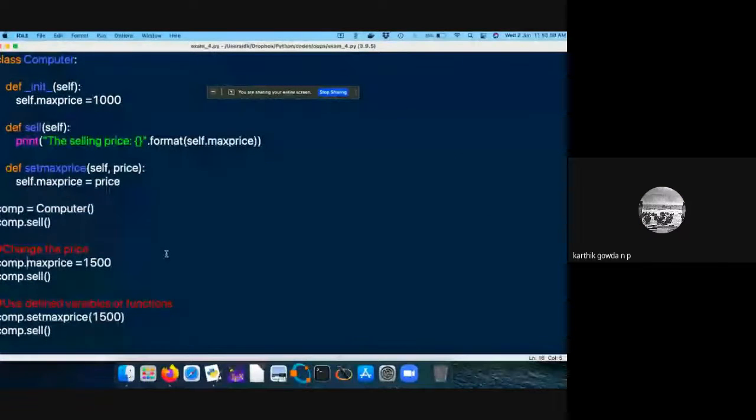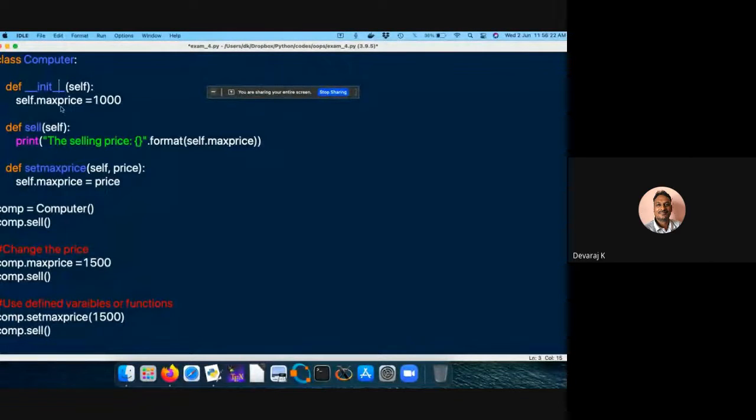Sir, for constructor, it's 2 underscores, no, sir. Def init 2 underscores. No, need not be. Single underscore only will work. Single underscore also will work actually. Constructor underscore.